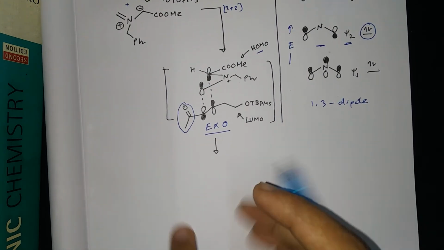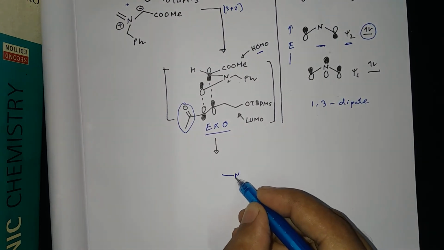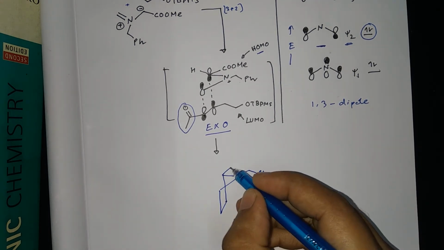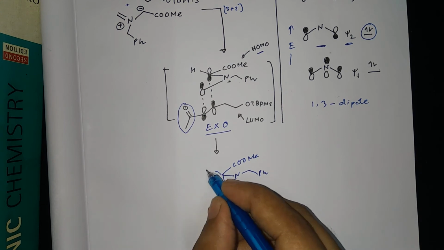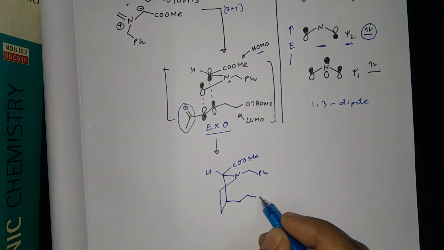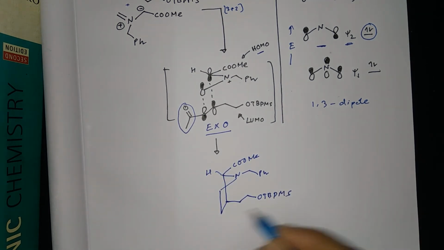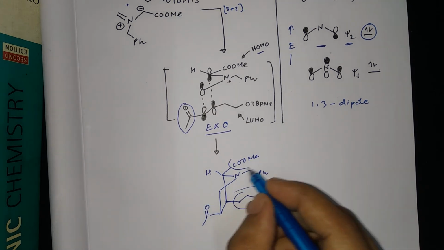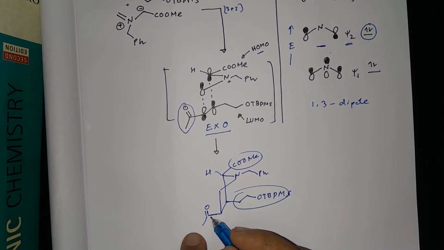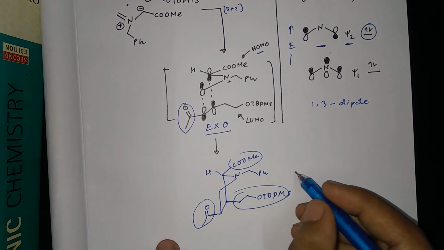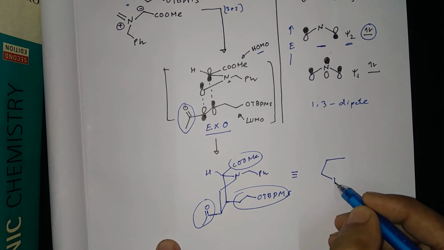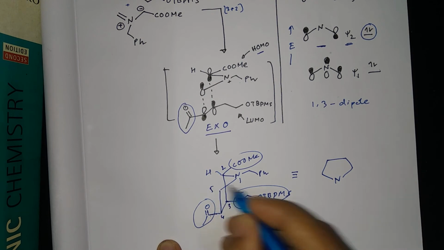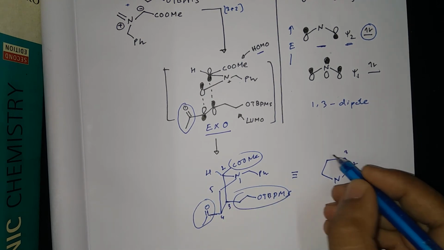So now we will draw the product. So guys, see carefully. So here this is CH2Ph and COOMe and H is there, and here this is CH2CH2OTBDMS, and here this C double bond O CH3. So these two groups are down the plane, and this C double bond O CH3, this is above the plane. So we will draw the structure in a planar conformation. So this is 1, 2, 3, 4, 5. So 1, 2, 3, 4, 5.